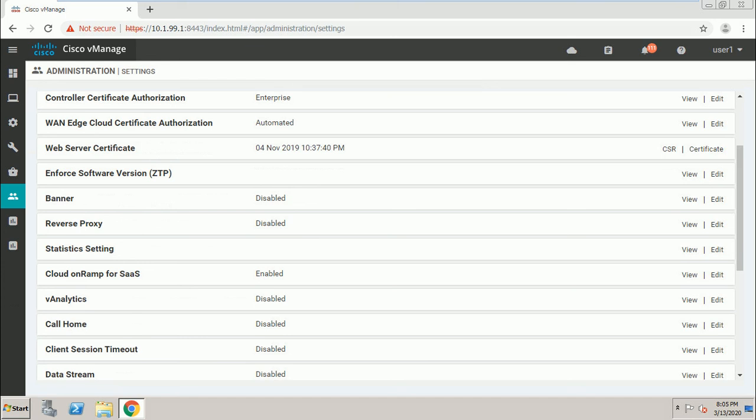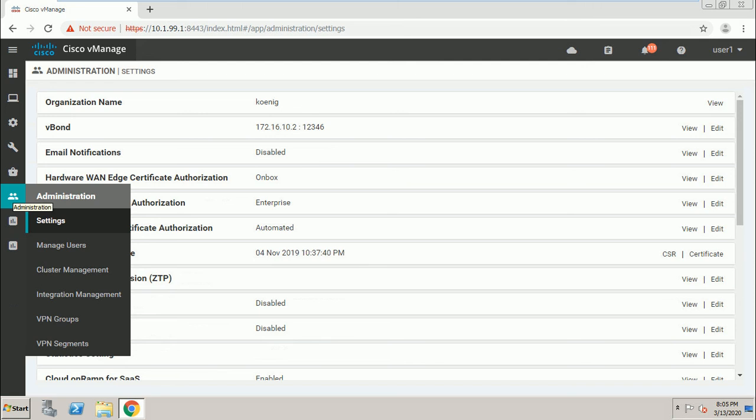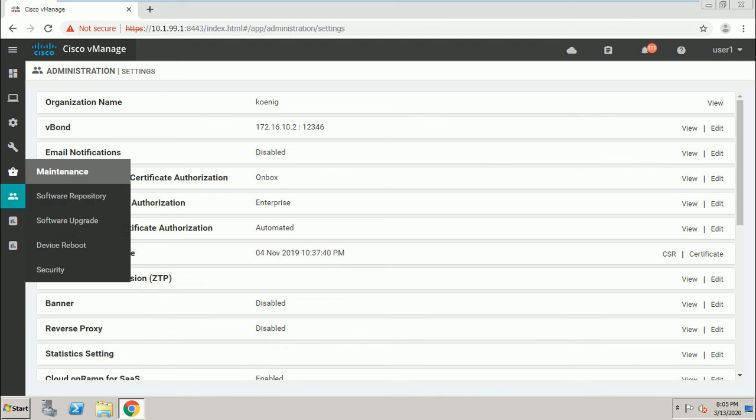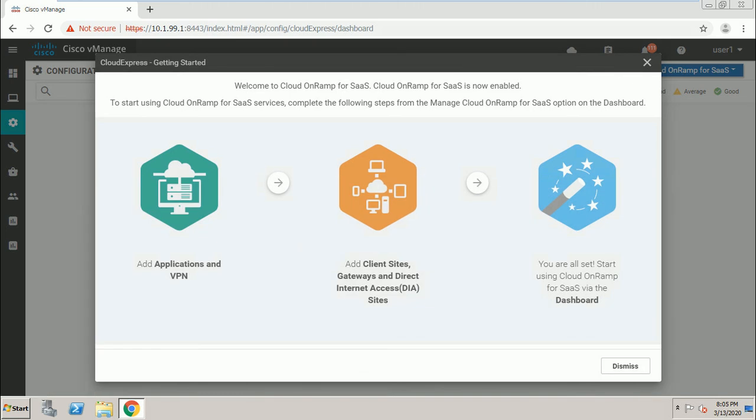Once the feature is enabled, Cloud onRamp, which is Cloud Express, then you can go to the configuration and Cloud onRamp for SaaS. This is the Cloud Express feature. This wizard will open. First it asks for which application and from which VPN you want to monitor the cloud applications. So here I will say that I want to monitor, let's say, the application which is